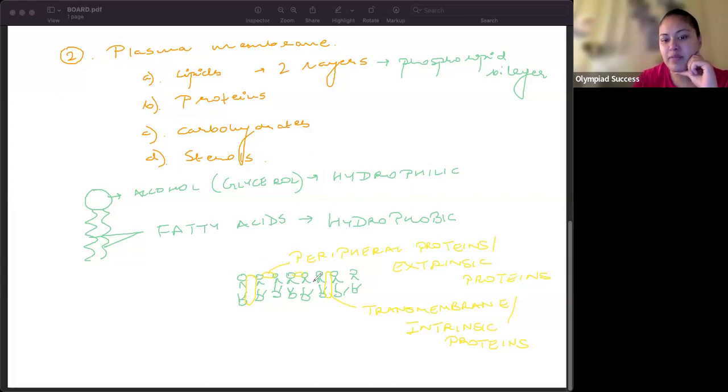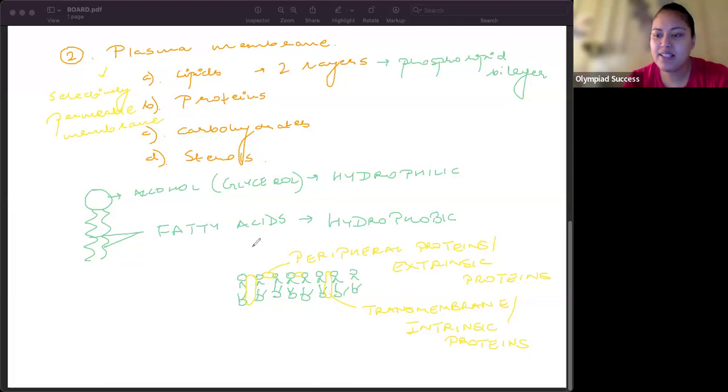So since the lipid bilayer is unable to interact with a lot of molecules, the plasma membrane is a selectively permeable membrane or a semi-permeable membrane. Because most molecules can't interact with the fatty acid chains, the proteins will help. So proteins either form tunnels, like an opening where through and through it will pass, or they'll form gates, which will open and close depending upon the amount of substance to be entered. So that we'll discuss in detail later.